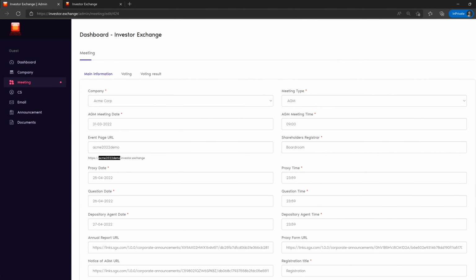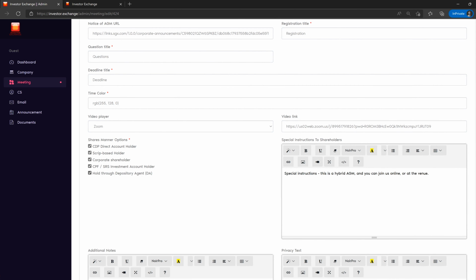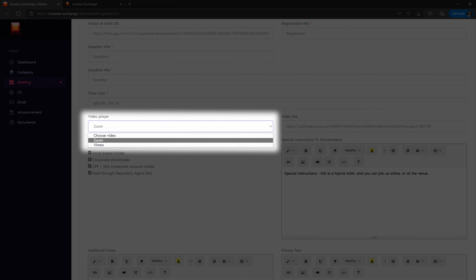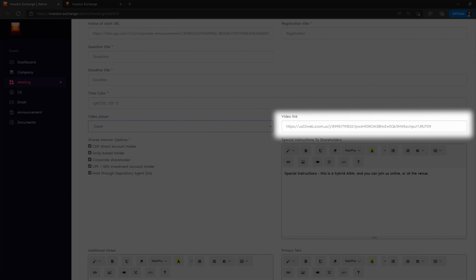Further below that, you see various fields for your annual report URL, or links to the proxy vote or notice of AGM. And underneath that, more information relating to formatting of your website. Now, one in particular that I'll point out is the video player. You can see that it's currently set to Zoom, but there are other options that you can select from. What's important is that you add the correct video link URL so that your shareholders are directed to the correct